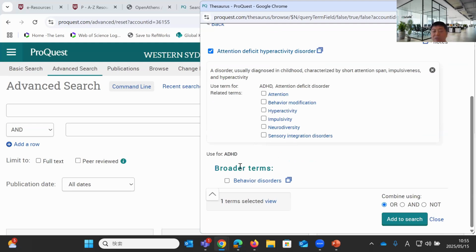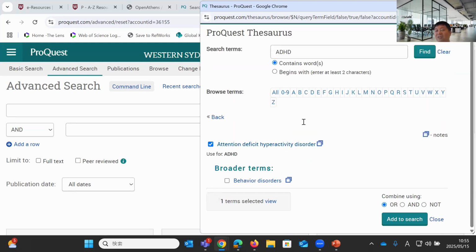Below you see broader terms. But you don't see a qualifier or subheadings like you had with MeSH, because this is a generic multidisciplinary dictionary. It's not just focused on medicine or life sciences, which is why we don't have that granular level of terms.